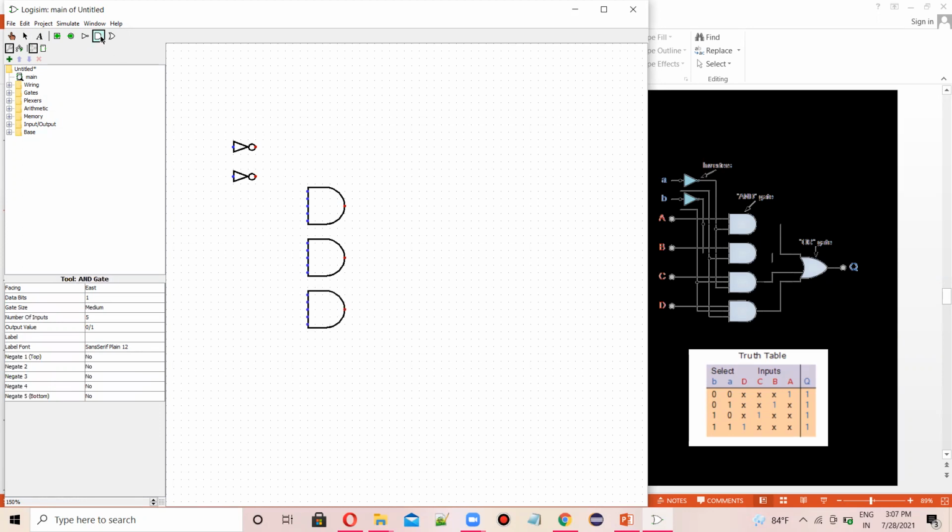Now it is okay. Now I'll choose the last one. We need 4 main inputs here.